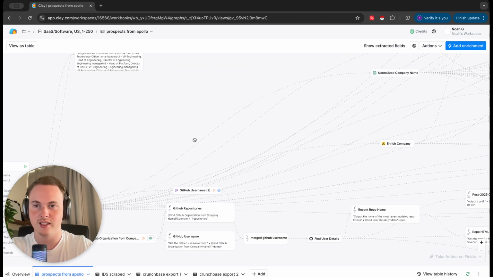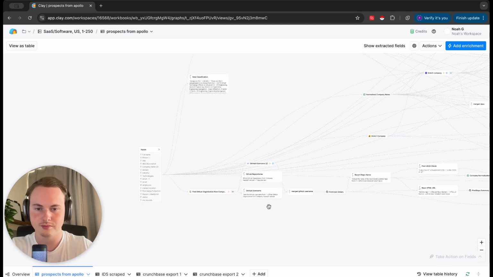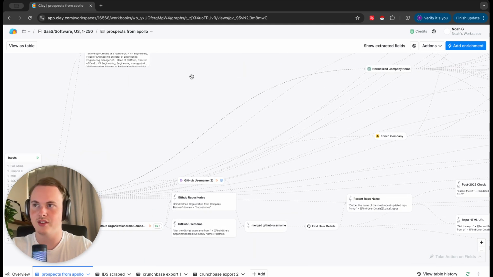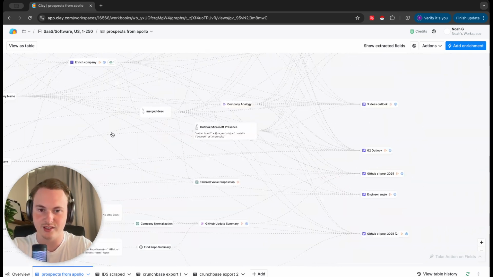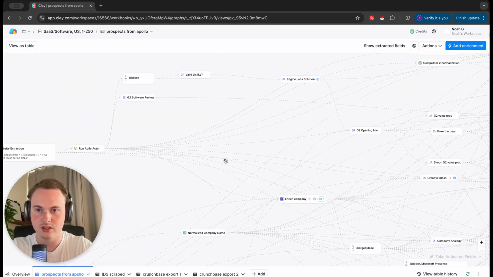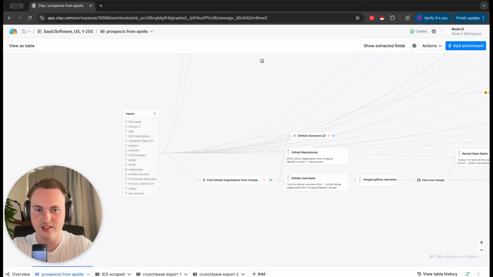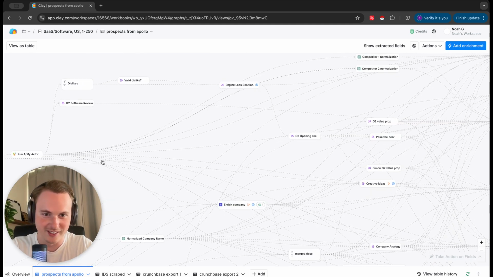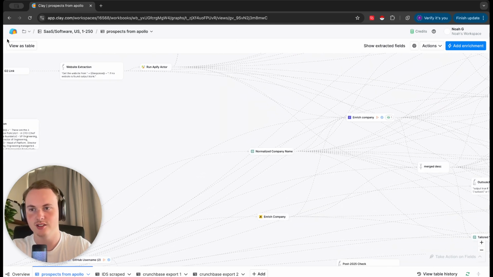So, for example, this client right here, we offered an AI software engineer, sort of. And a relevant thing would be to mention the company's GitHubs, if we could see what they recently shipped, and have an angle based on that. But if we didn't find their GitHub, we could instead write an email saying, let's see where it is. There's so much stuff going on in here. We could find their G2. There we go. We can find their G2. Let's see. So if I just go back to this,